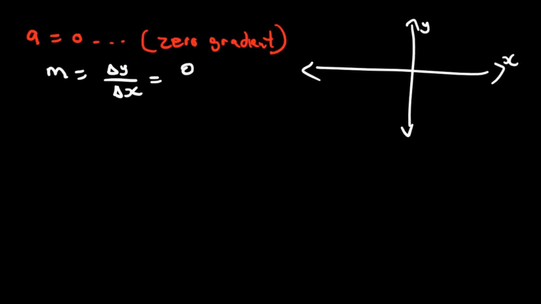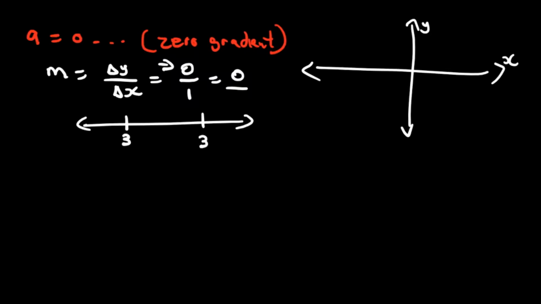So if you say 0 divided by whatever number, then you're going to get 0, right? And this is change in y. So it means that the value of y is the same. So if y is 3 here, and it's also 3 here, then when you subtract, it's going to be 3 minus 3,